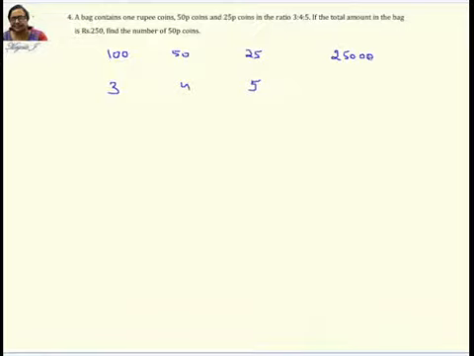Now what should you do? We are adding, right? The 250 rupees, you will get the answer only when you add all the coins together. So to add all the coins, first you have to convert that into values. How do you convert a ratio into value? 3x, 4x, 5x, putting x there. So it has to be in terms of x. First you're converting this into quantity by taking it in terms of x.